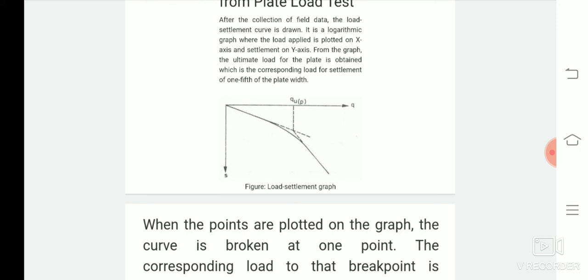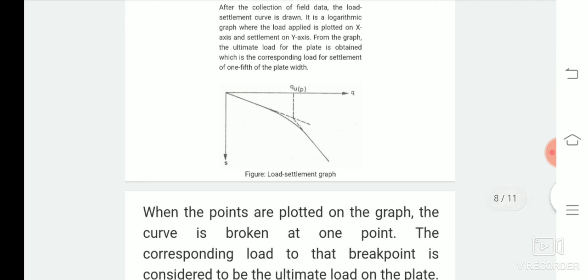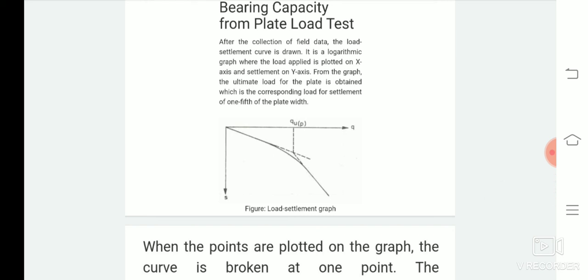Next is the size of the foundation. Exclusively for clay soil, the ultimate pressure for a larger foundation is the same as that for the test plate. But in dense or sandy soil, the bearing capacity increases with the size of the foundation, and tests on smaller size bearing plates tend to give a smaller value. Hence this is not practically possible. Hence there are some limitations for the plate load test. This test is only applied where feasibility of the test is possible and gives correct results only for cohesionless soil.